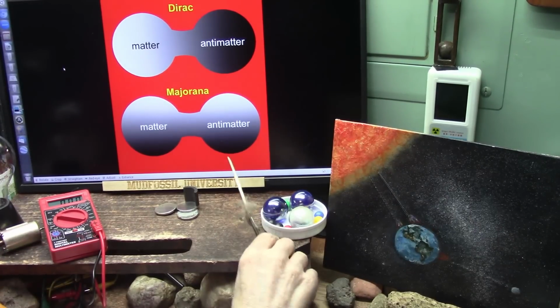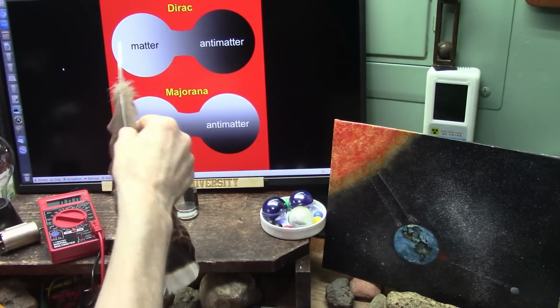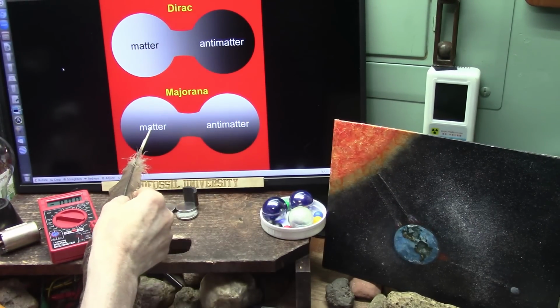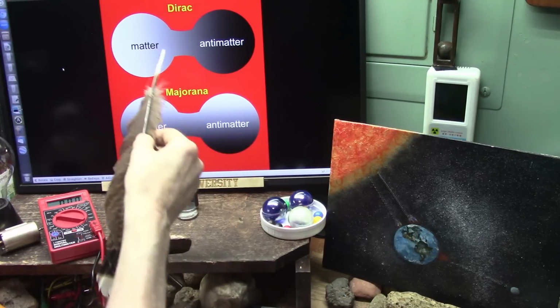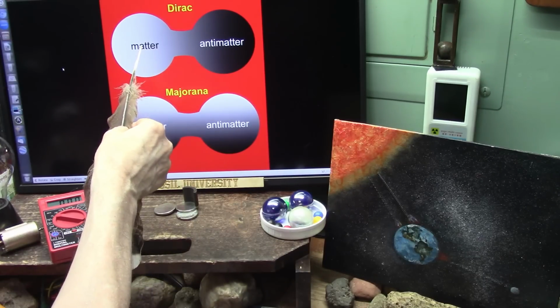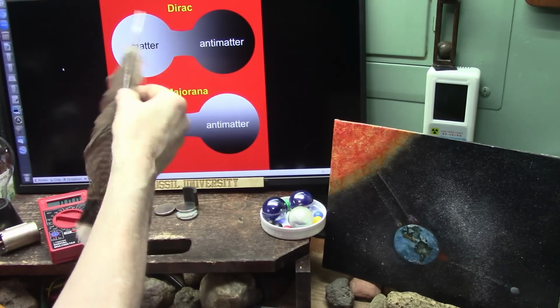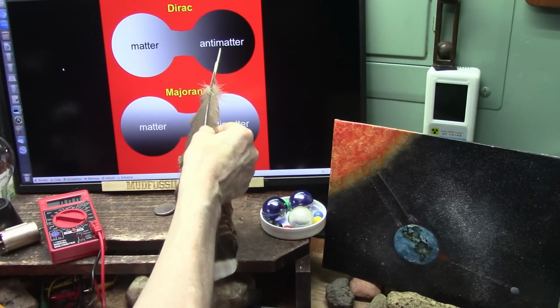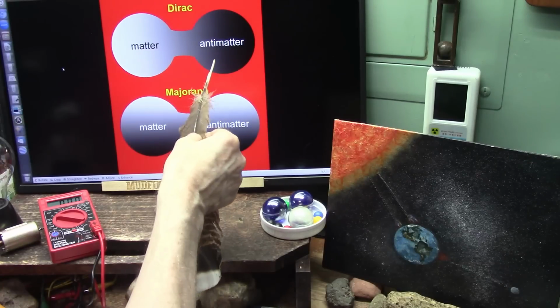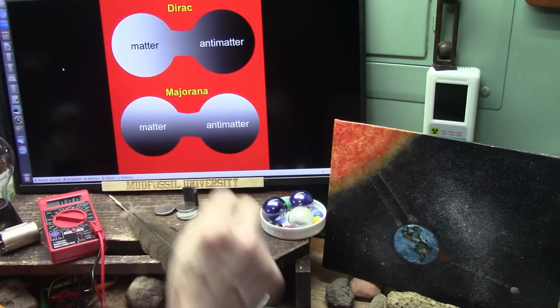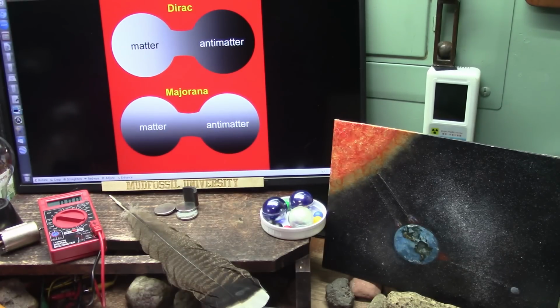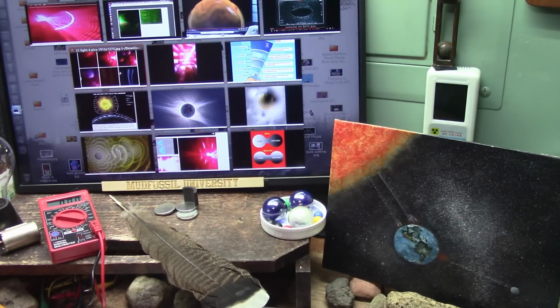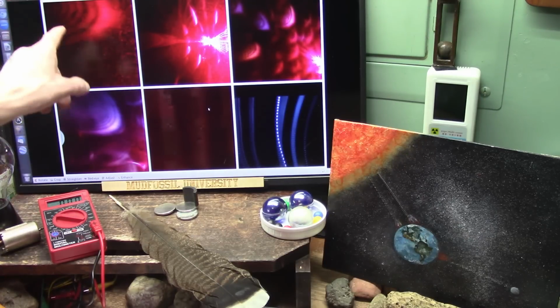Just so you know, this is these Majorana and Dirac neutrinos. They're saying matter, antimatter. No. This is the white particle, which has no matter. It has no mass to it. It glows like hell and burns. This is the matter. So they got that backwards. But they are connected just like I showed you. And that is what I call a dipole electron. That's what a dipole electron is. And two of them back to back make a photon.